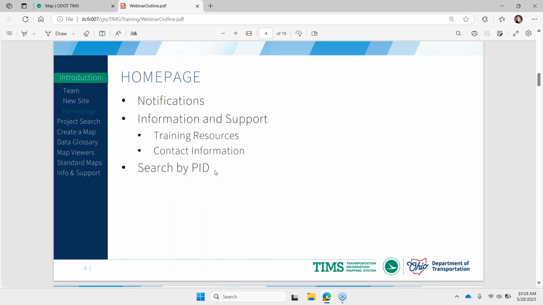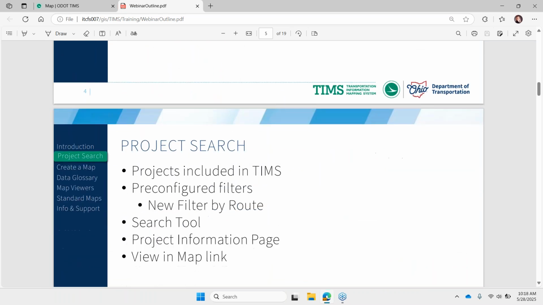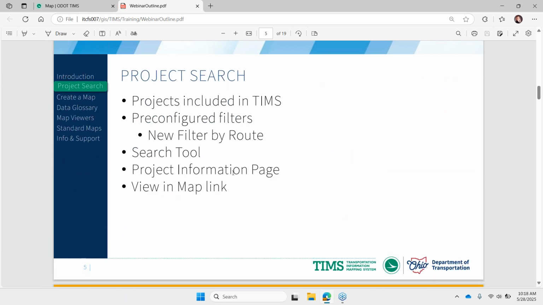And we demoed that search by PID shortcut. Then we went over the project search page, talked about what projects are going to make it through to TIMS, stepped through all those pre-configured filters, how to get to that project information page by clicking the PID hyperlink, and then the behavior of that view and map link.